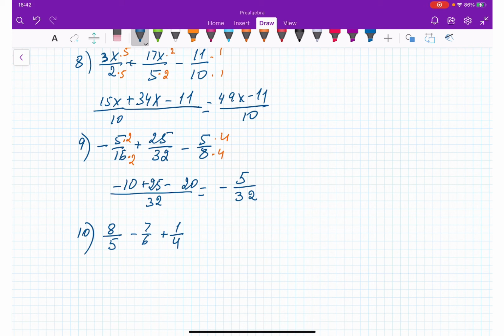So for 60 here, I multiply by 12. I'm going to put the video how to find... actually, I had it in a previous video also, common denominator. So you should be able to do it. So 6 times 10 and times